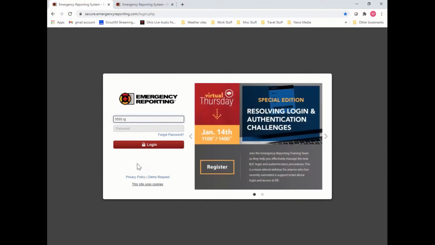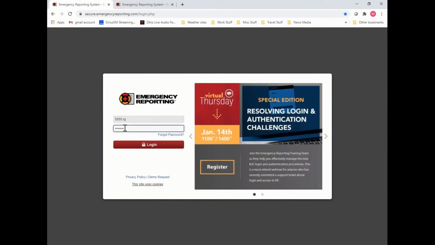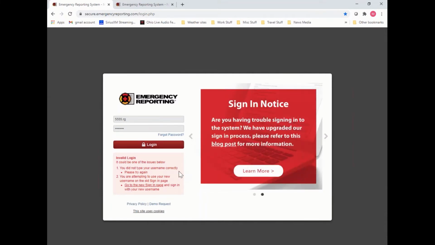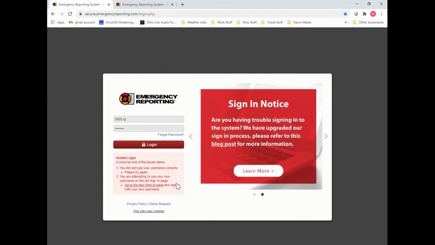In this particular case, I'm on the old login page illustrated by the red login button and the /login.php at the top of the page. And when we select to log in, it's telling me a couple things down here. First of all, it could be telling me that I did not type in my username or password correctly. Try again. Now, if you've already migrated, but you did not save the new bookmark from the home page, you're